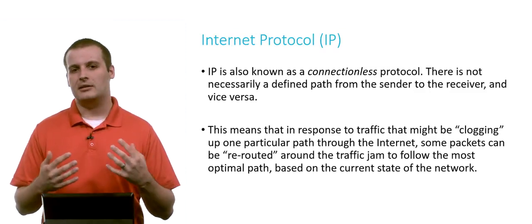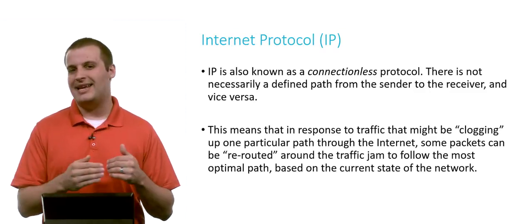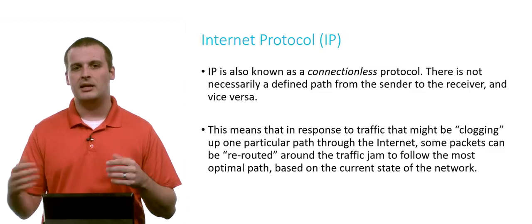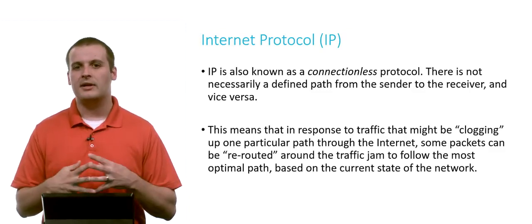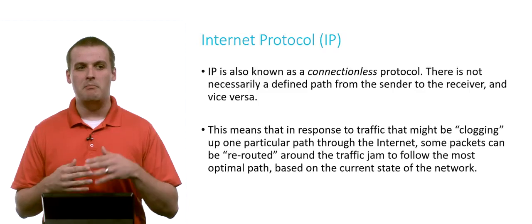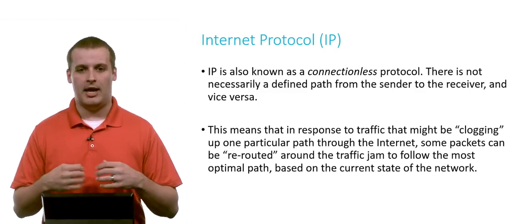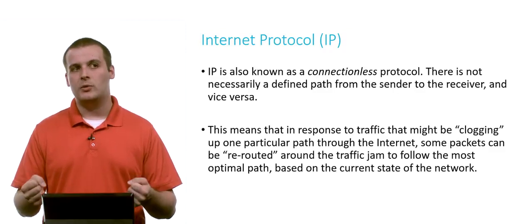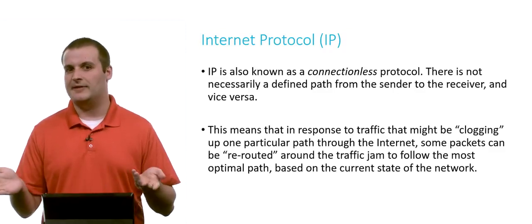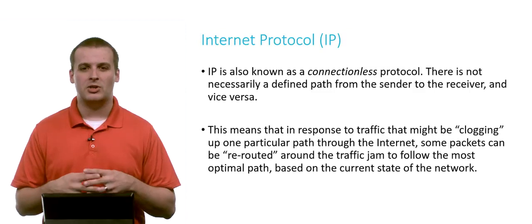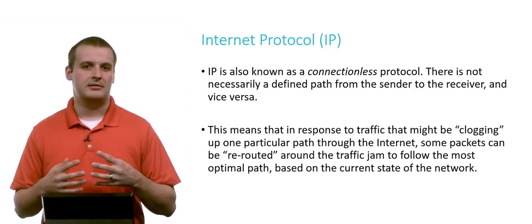So not every packet of a big chunk of data might take the same path from the beginning to the end, and our network becomes a lot more responsive if our router tables allow for there to be multiple options for where to go. We're not depending on that one truck moving out of the way. We can get off the highway at the next exit and take a different path. And so the Internet Protocol sort of does a little bit of that too. So that's the basics of the Internet Protocol.